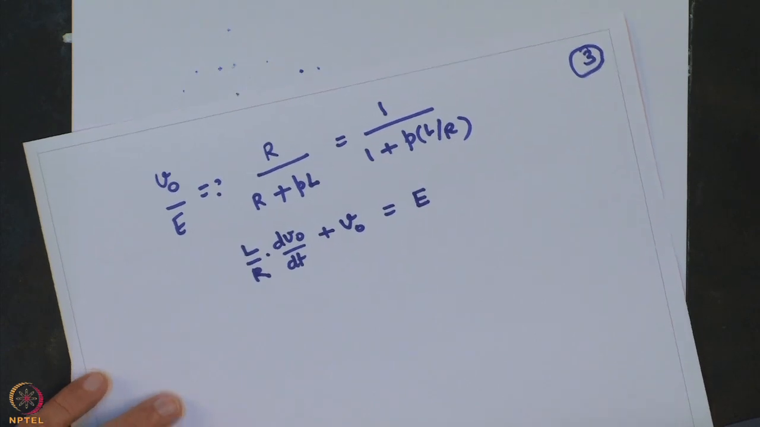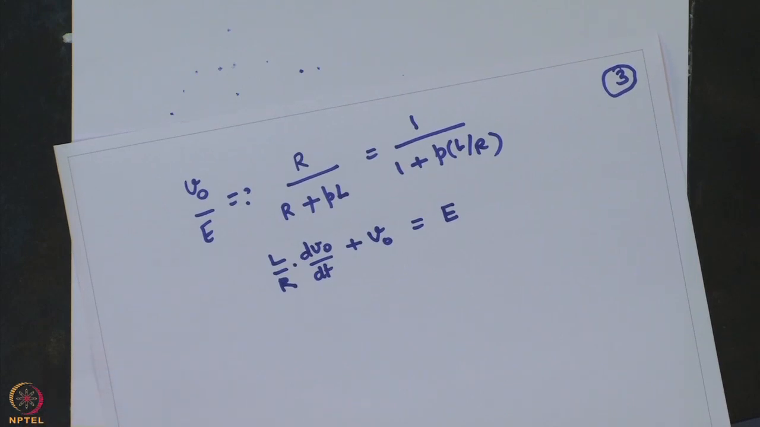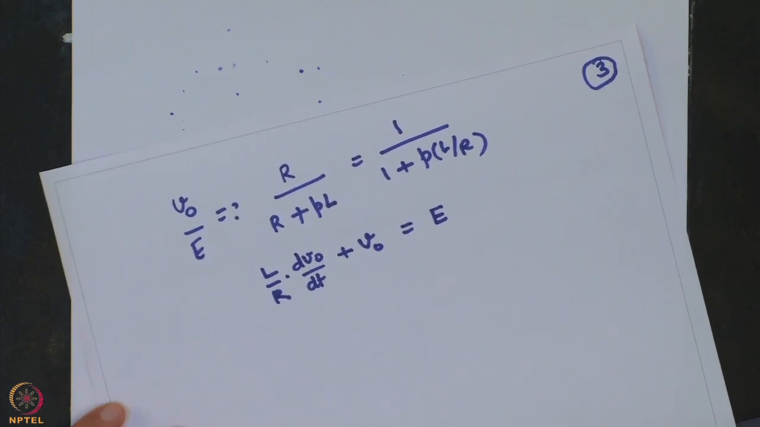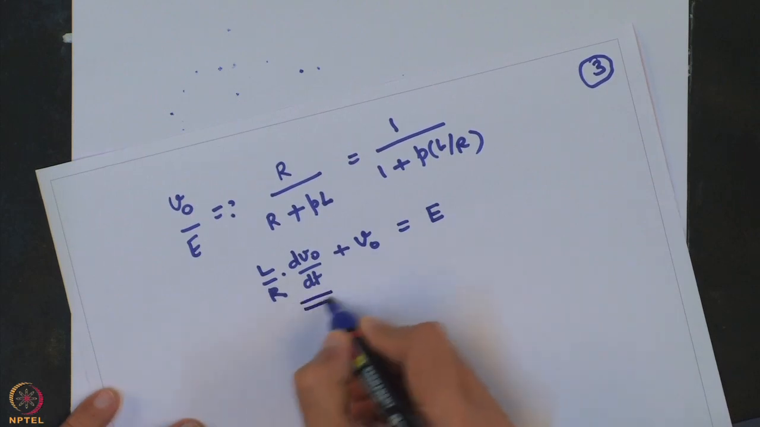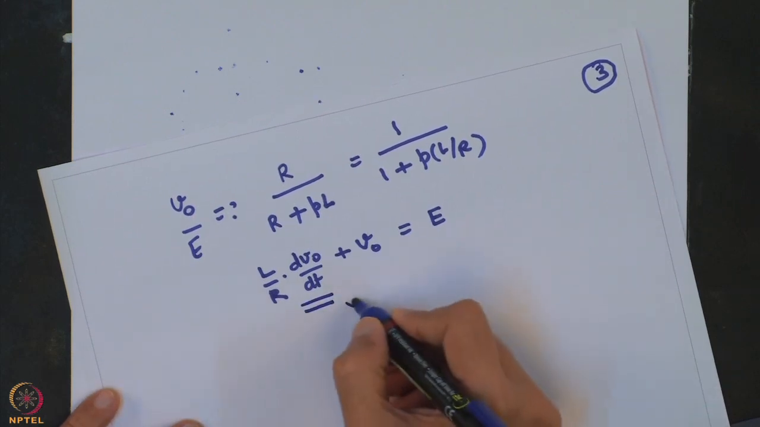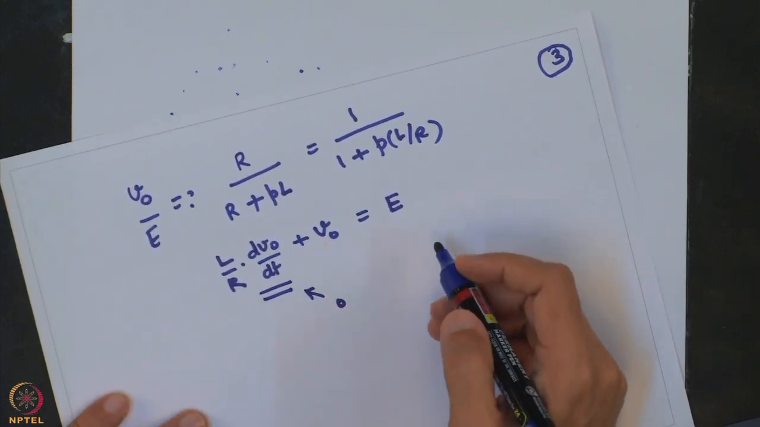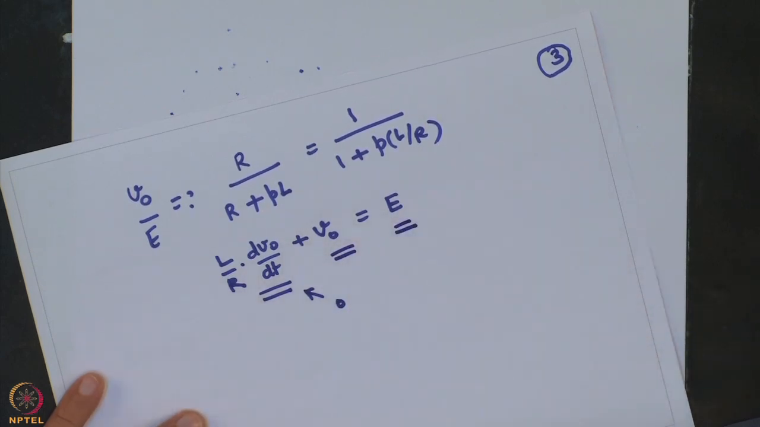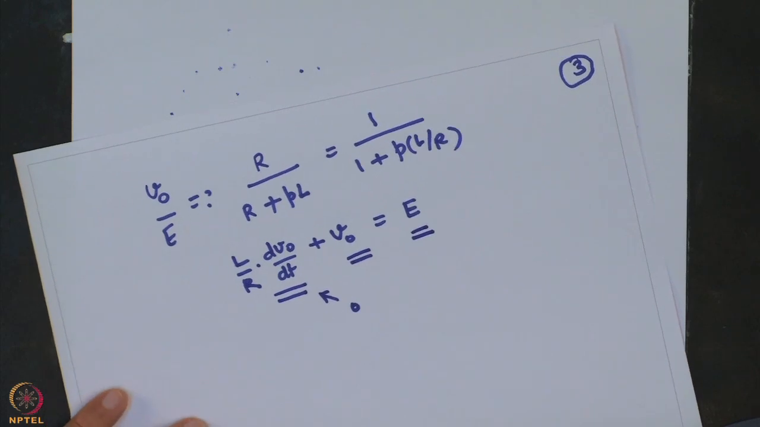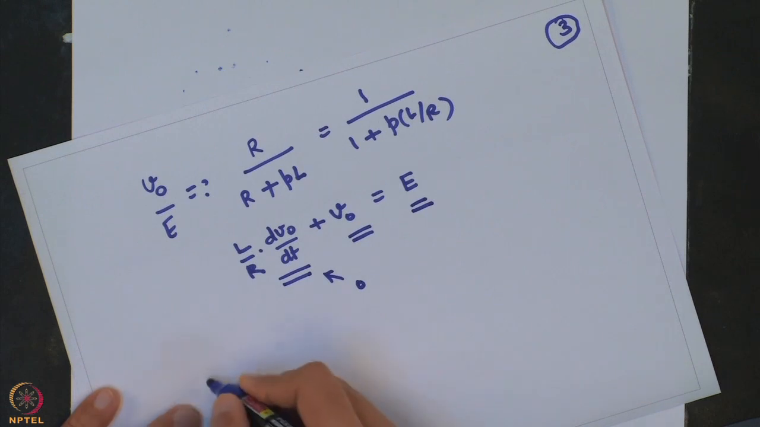Now, in this steady state, when a long time has passed after the switch SW has been closed, then we know that our derivative term will go to 0. So, we can say that this is 0. So, I can say that my VO is equal to E long time after the switch has been closed. Now, this is what is called the forced